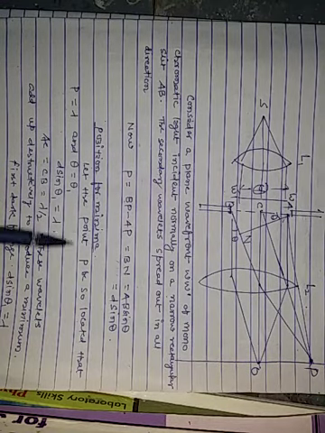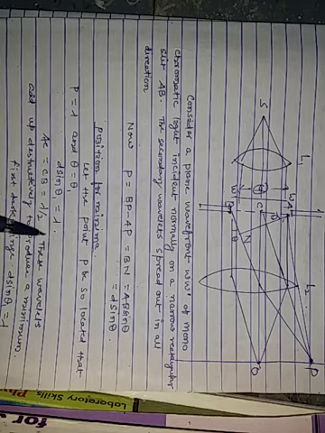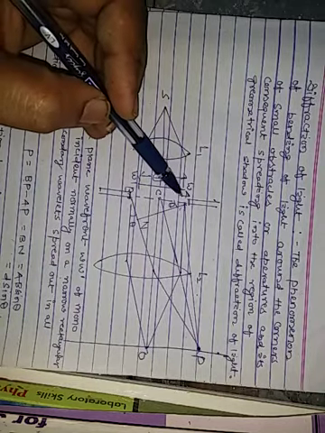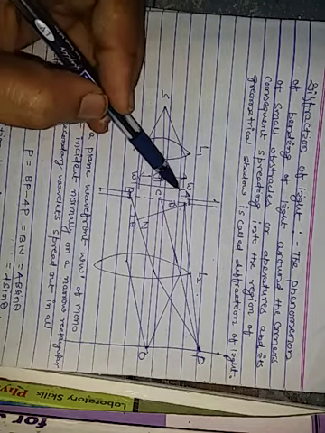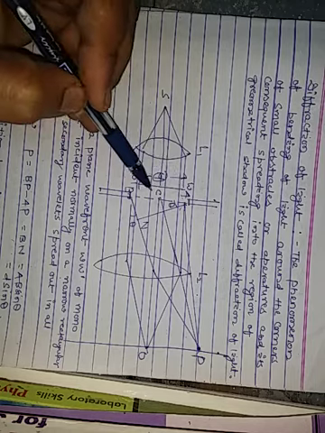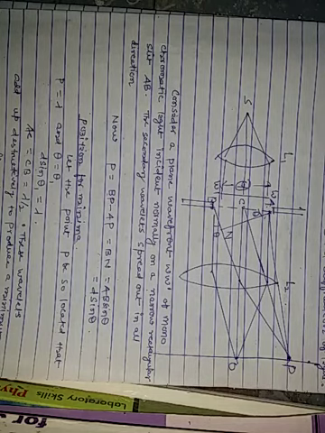Now the position for minima. Let the position P be so located that the path difference is equal to lambda and theta is equal to theta 1. So D sin theta 1 is equal to lambda, as the wave front is divided into two parts. AB is equal to lambda, so AC equal to CB is equal to lambda by 2. These wavelets add up destructively to produce a minima.